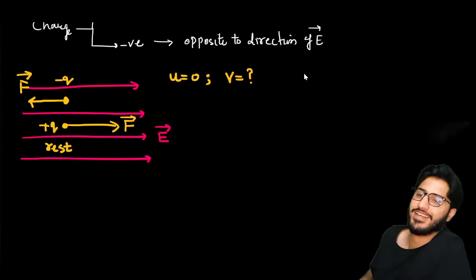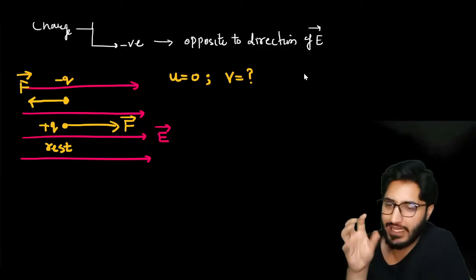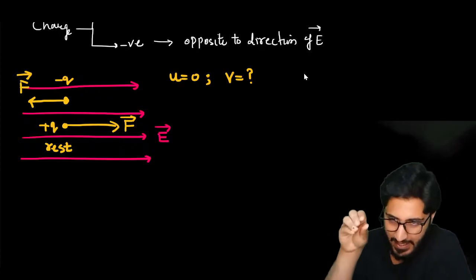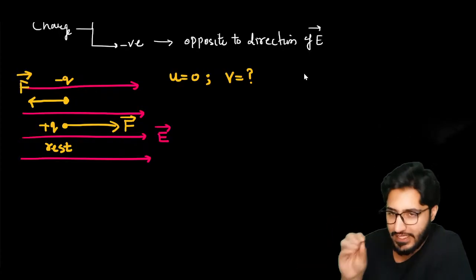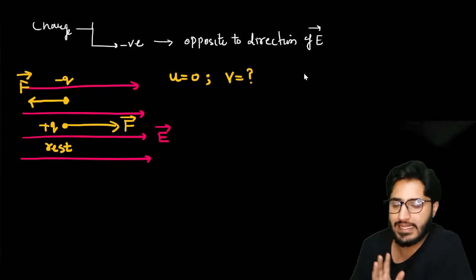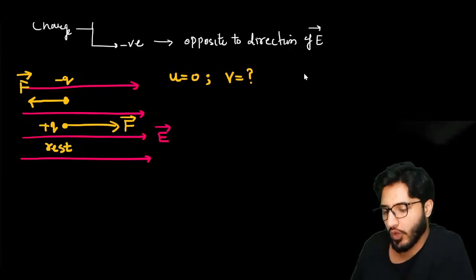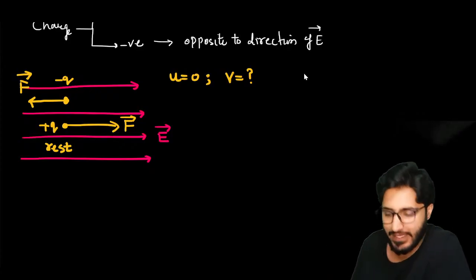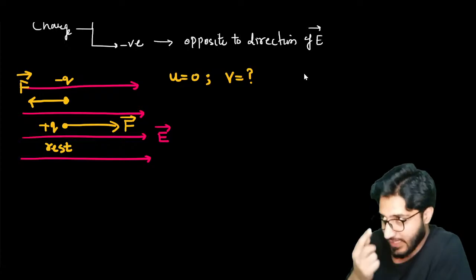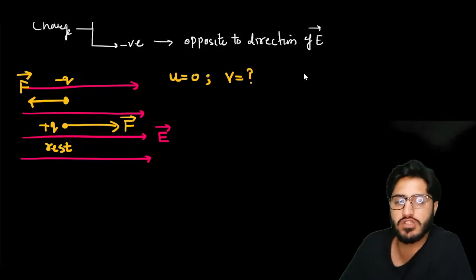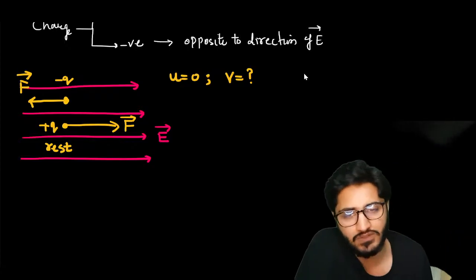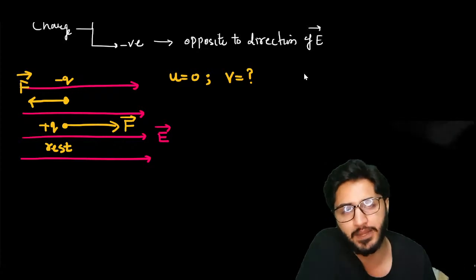Let's suppose I have placed a particle inside an electric field. Initially its velocity is zero. After time t, its velocity is v. It starts moving. Now, how to find this velocity v? How to manipulate these things? Let us use some kinematics to get the value of my velocity v. After t time,